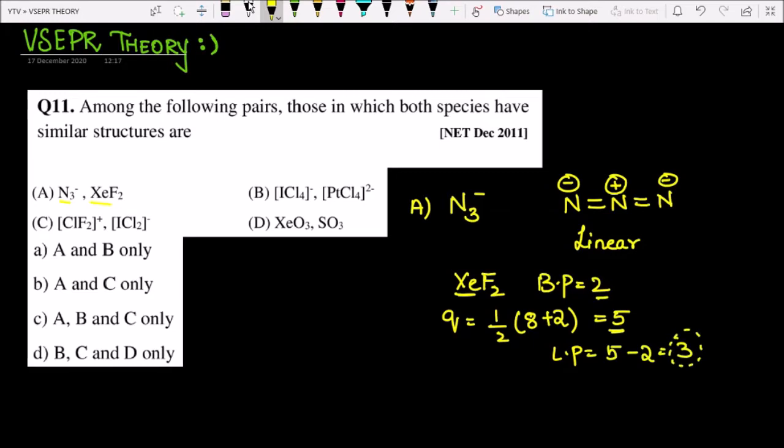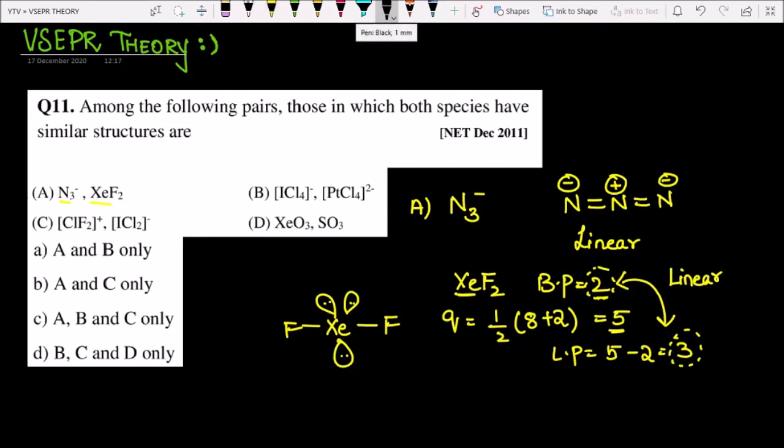So they are asking you to find the structure. Here bond pair is 2 and lone pair is 3. If bond pair is 2 and lone pair is 3, it's going to exist as linear. Basically, the geometry will be trigonal bipyramidal. In XeF2, the 2 fluorines will be like this and the 3 lone pairs will be like this. I have made a separate video on how to find out the shapes, geometries and hybridization of molecules using VSEPR theory. If you are interested, you can visit that video. I'll leave the link in the description.